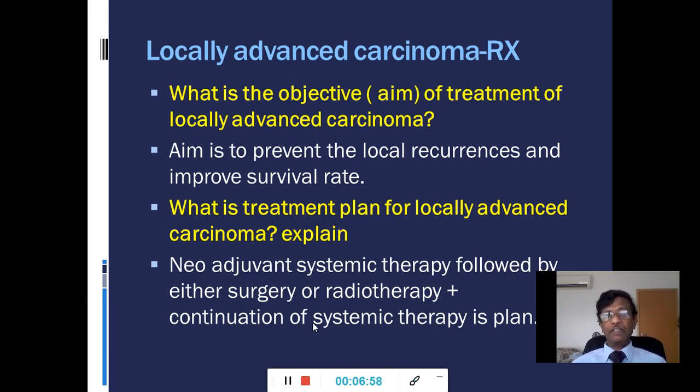So what is the point here? Either you give neoadjuvant chemotherapy, or if ER positive, neoadjuvant hormone therapy. In case the tumor has not responded to the neoadjuvant chemotherapy and the patient is ER negative, then one can submit the patient to radiotherapy. Almost all the tumors will respond to radiotherapy and the size may become operable. So once the operability has been found out, we can go ahead with our surgery.